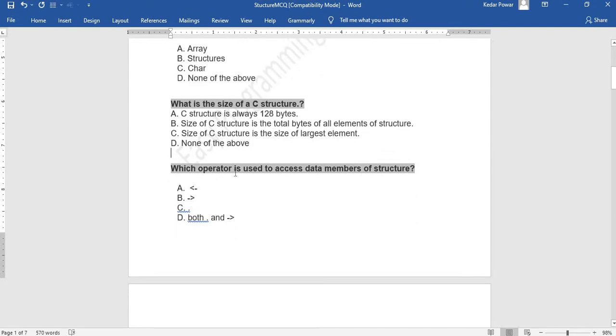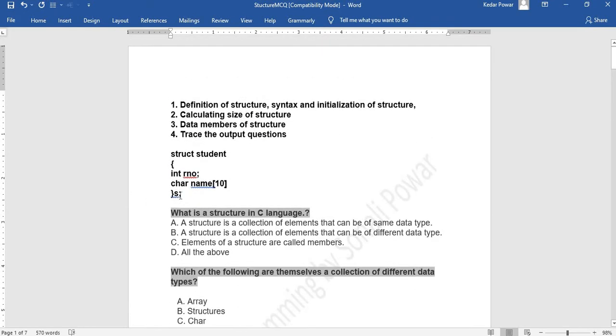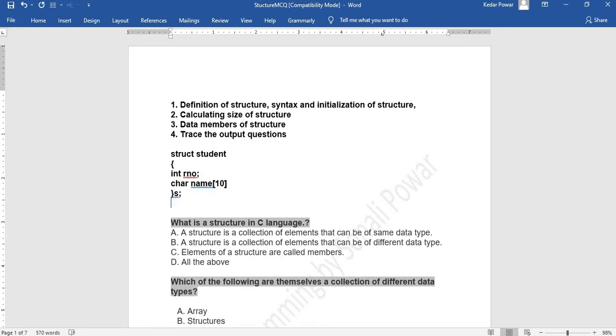Now the next question is, which operator is used to access the data members of the structure? Here S is a variable of type structure, and suppose I want to access the roll number, at that time I will use S.rno to access the roll number. So through the dot operator we are able to access the data members. But suppose you declare a pointer here instead of a variable.